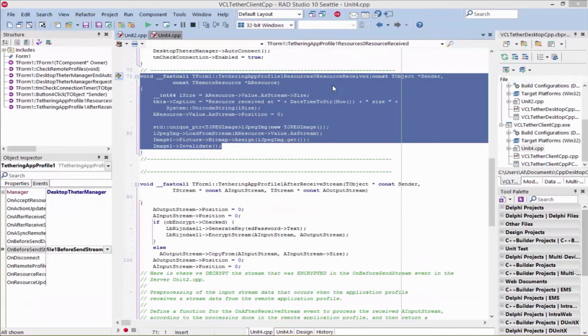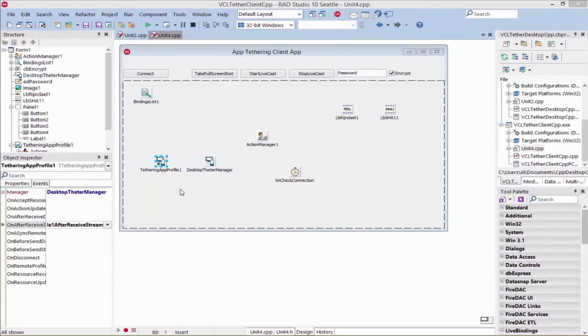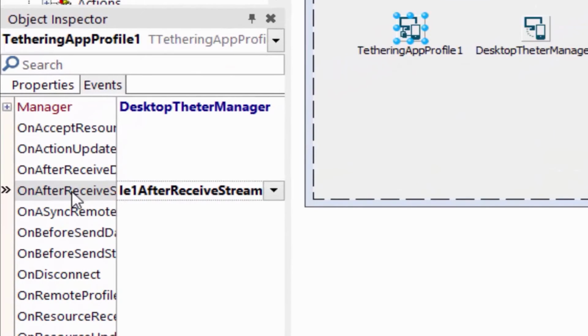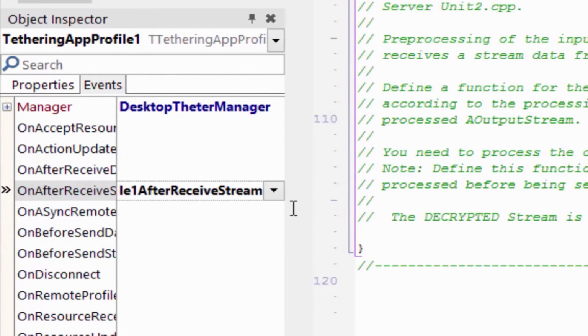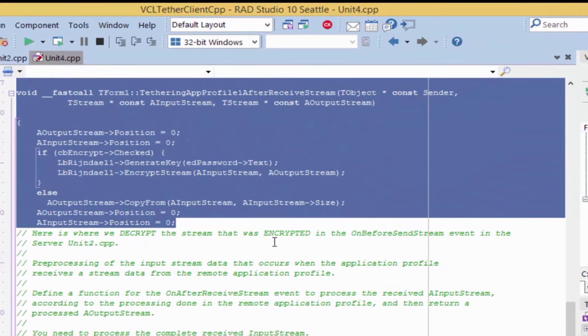On the connected client app-tethering apps, the Tethering App Profile's OnResourceUpdate and or OnResourceReceived events fire since we received a new or updated data resource stream. But before the stream is received by the connected client tethered apps, the Tethering App Profile's Intercept Event Handler OnAfterReceiveStream fires, and here is where we can decrypt the stream using the same Rijndael algorithm for decryption